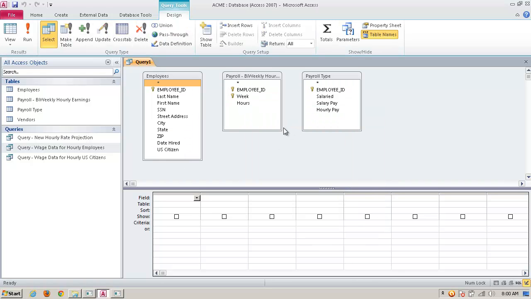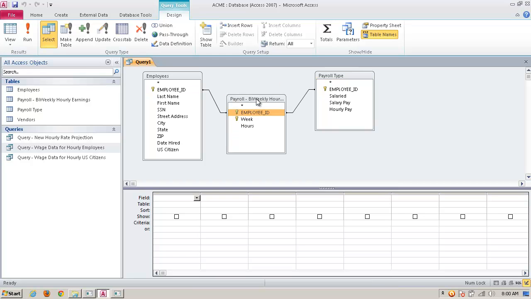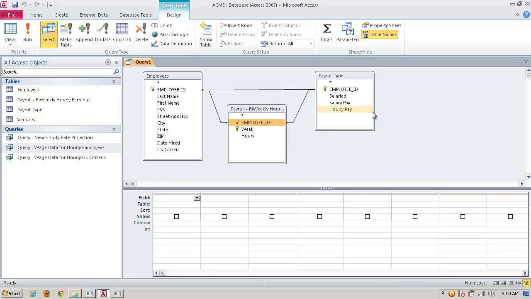Alright, and so now with these tables, I've got to join, or set up my relationships. And so in this case, employee ID relates to employee ID, and then also employee ID here would relate to employee ID in payroll type. All of these have a relationship, but in addition, I also want to make sure that employee ID here is related to the primary key or employee ID under payroll type. I'll pull this down so you can see, but notice that there's a reciprocal relationship, and all tables are related